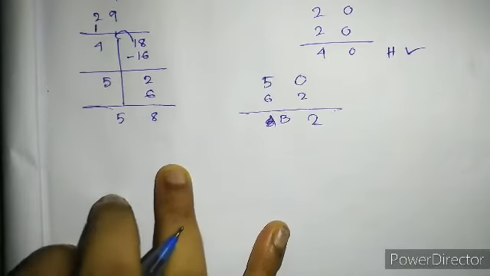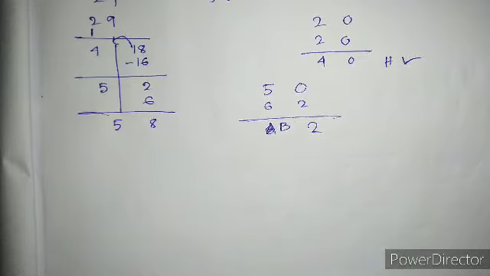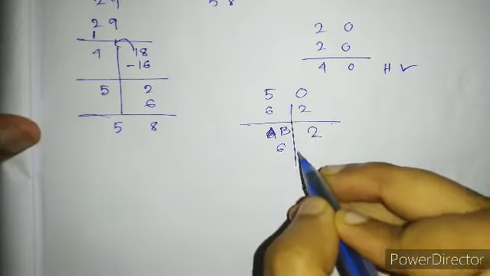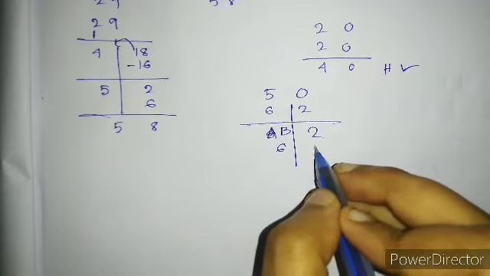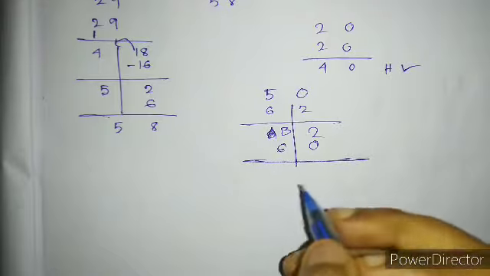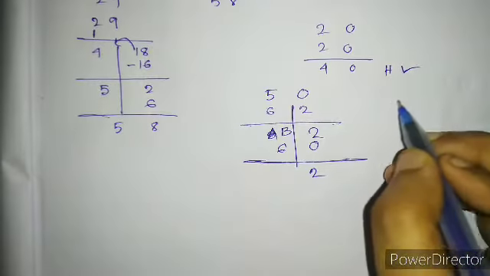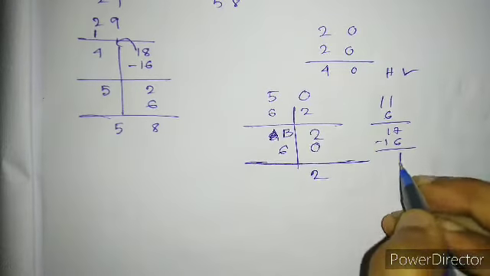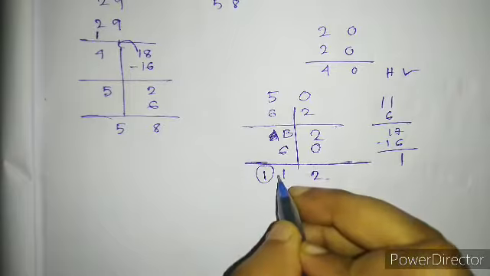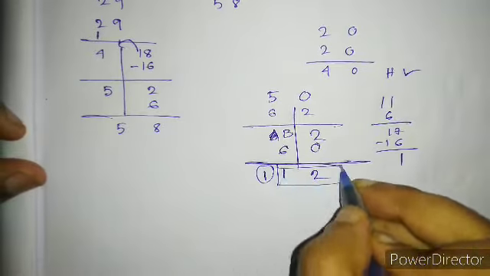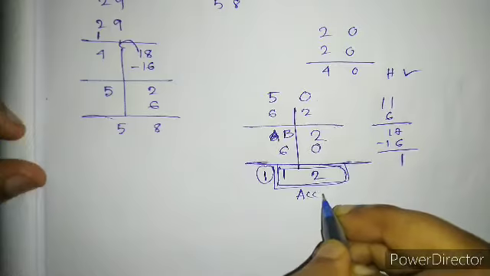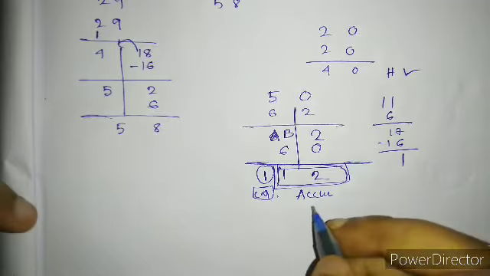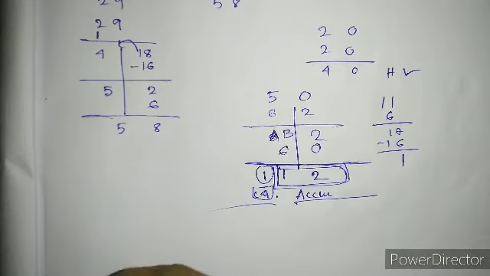But in real life, these characters don't work. So what do I have to do? B is greater than 9, yes, add 6. See, adding 6 to the upper nibble and adding 60 to the whole number, both are the same. It's 2, and B plus 6 is 11 plus 6, 17, minus 16 is 1, and carry. Remember I told you, this 8-bit number will get stored in the accumulator and this will get stored in the carry flag. So when we want the complete answer, check the accumulator and the carry flag too.